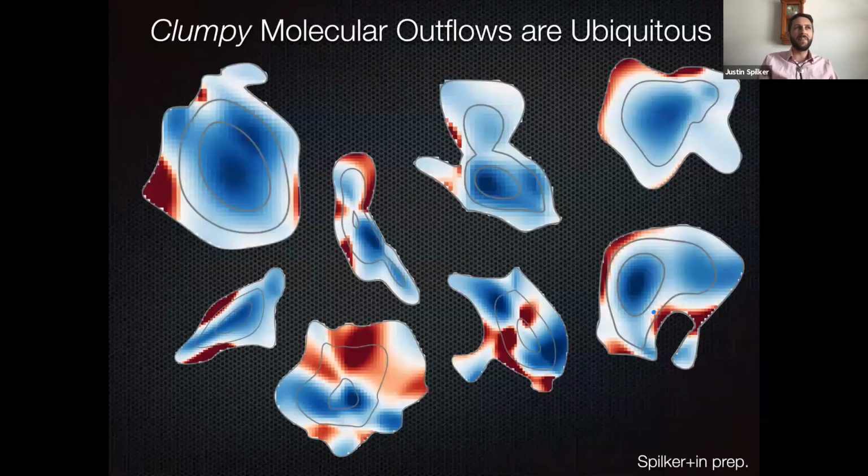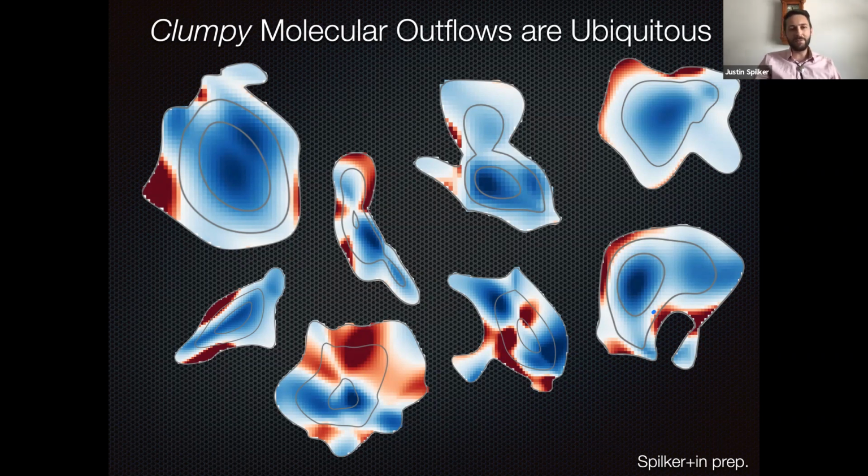And what's fun is that that clumpy structure is also ubiquitous, actually. So here's a sort of rogues gallery of 8 of the outflows from this program. And just by eye, you can see that by and large, these outflows are in fact clumpy. Essentially all of these, you find that the absorption, which is in blue in these maps, is not uniform. It tends to be separated out into clumps on scales of a few hundred parsecs.